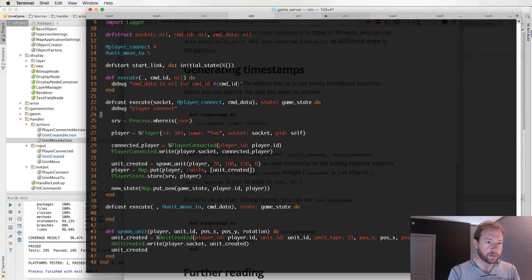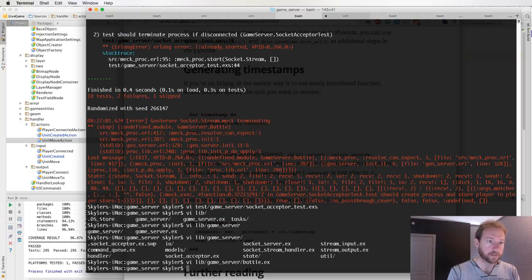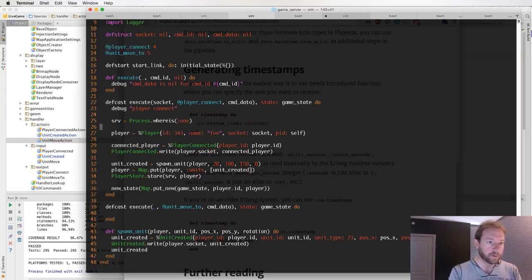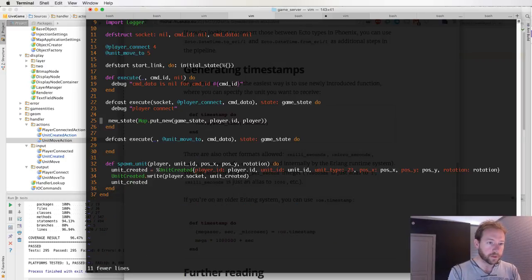What we're going to do is effectively get rid of this. But we don't want to lose it because we're going to need it. So I'm just going to quit out of here, and we're going to grab this stuff,